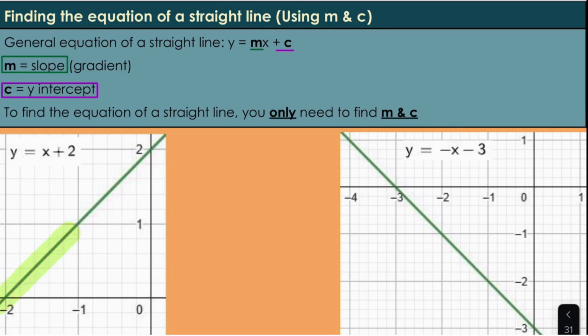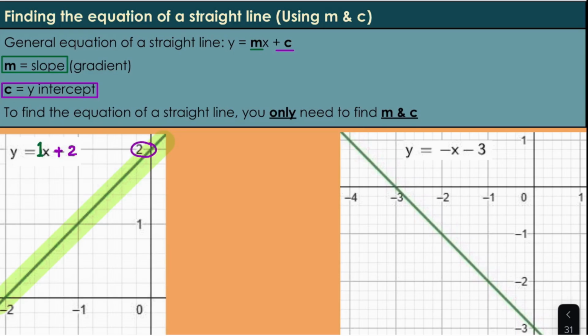In our first graph on the left, we have the equation y equals x plus 2. In our equation, the slope value is the number in front of x, which is an invisible 1. Our slope is 1. Our y-intercept is positive 2, and we can see that because our green line crosses the